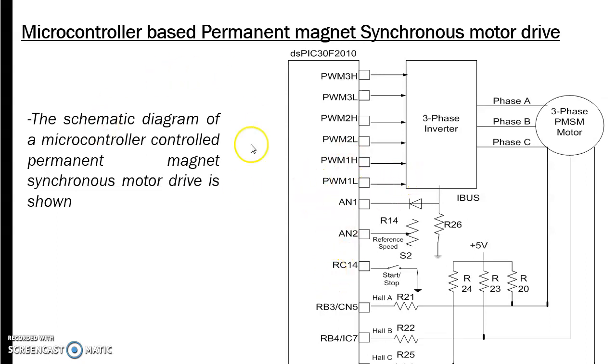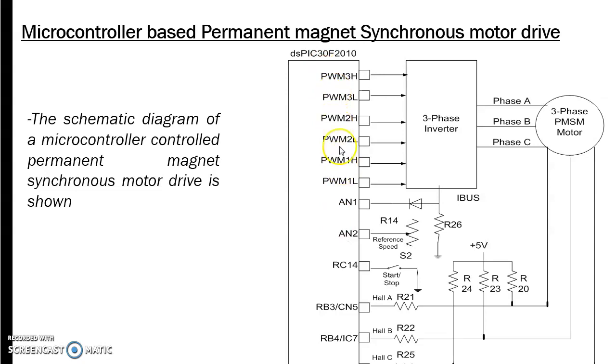So this is completely based on a microcontroller, that is the dsPIC 30F2010, and you can see the various structure: 3-phase inverter, then synchronous motor. These three are the input ports, and AN1 and AN2 give the analog inputs like speed and current, and there are 6 PWM output channels.